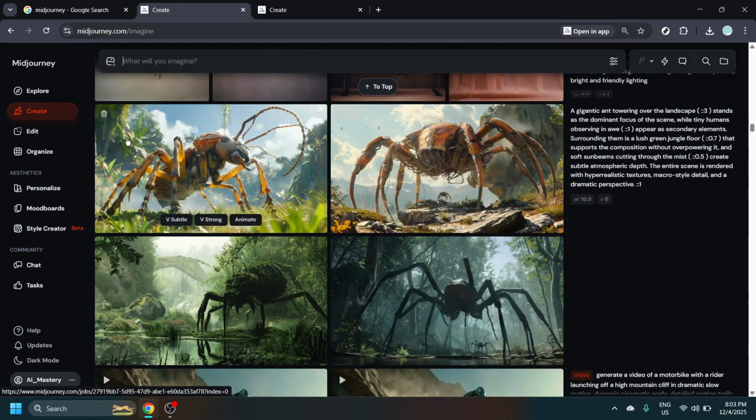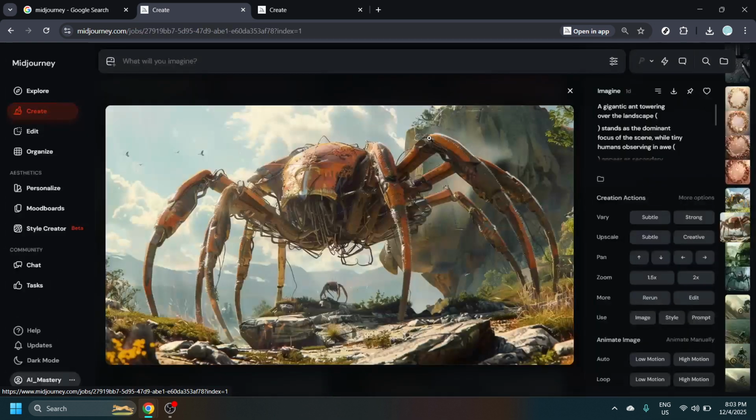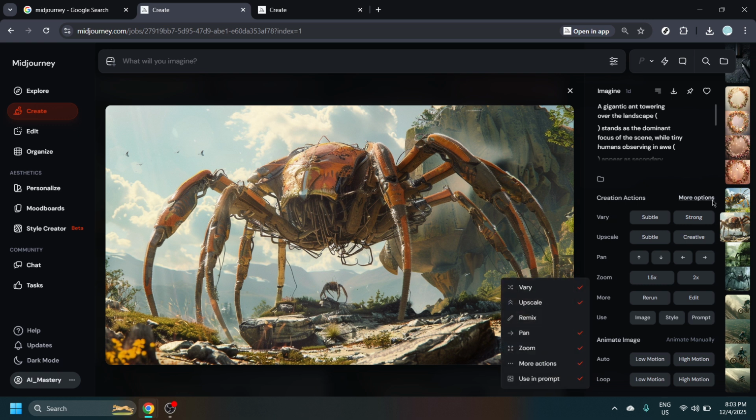Now, find that image you want to remix and click it to open its details. This takes you to the job view, where you'll see options related to that specific image. We're focusing on Remix here. The Remix tools let you transform an existing result while keeping its style, composition, or mood as a guide. It's perfect when you like the overall look but want to change the main subject or make a bold shift